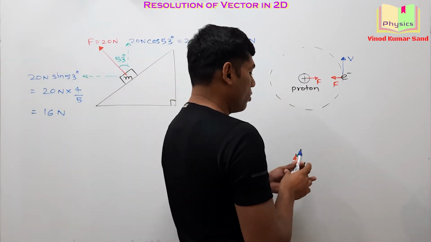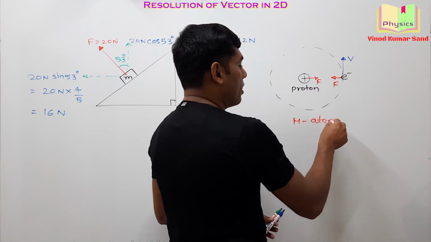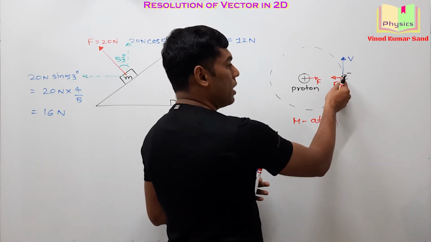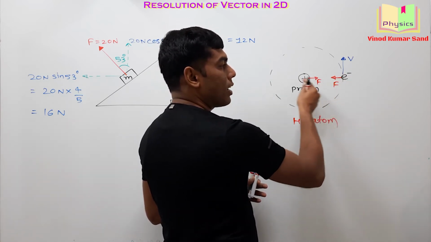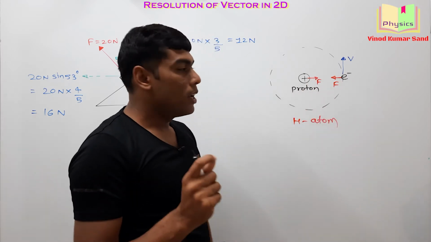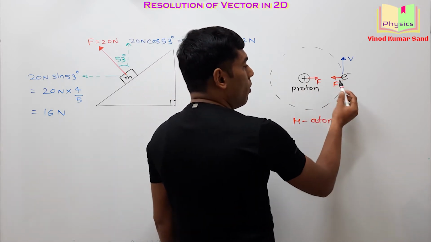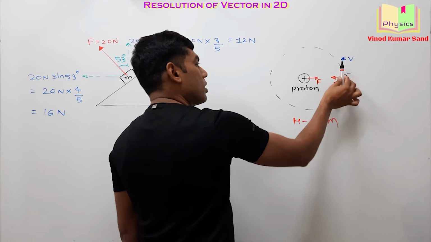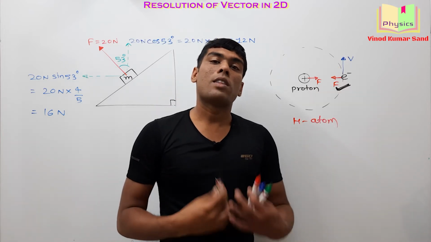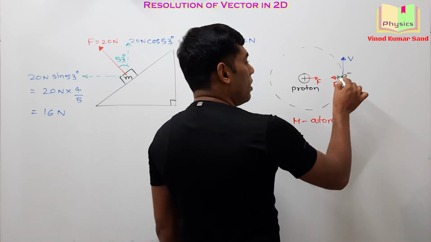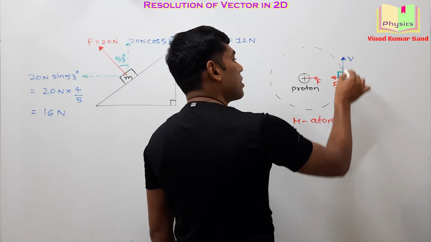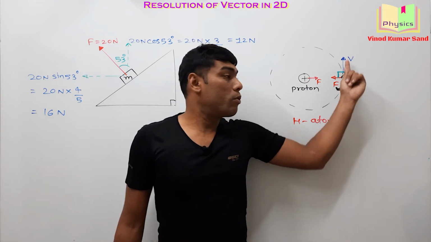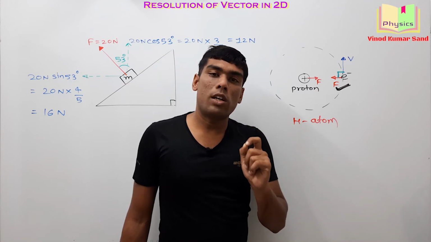This is the next question. Here is the hydrogen atom. In the hydrogen atom, there is one proton here as well as one electron, and this proton is being attracted by the electron as well as the electron is being attracted by the proton. Can you tell me the component of this force along the velocity, along this blue direction? Post your answer. The answer is 0. Component of a vector perpendicular to itself is always 0. It means this force will have no effect in the tangential direction.